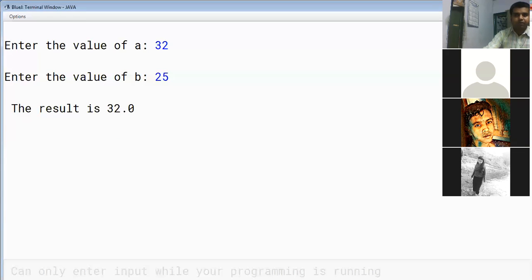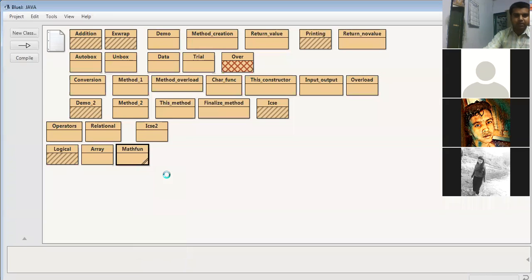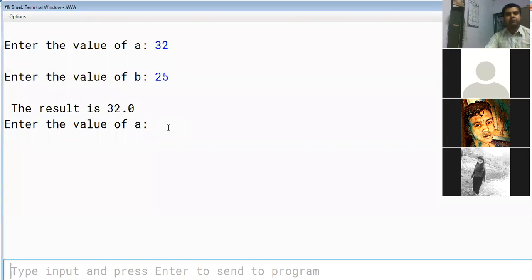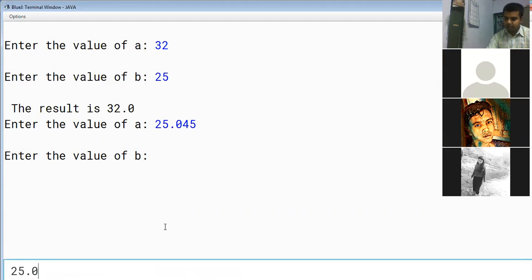We will rerun the program to check with another set of values. This time we will take double type values with a very close precision. 25.045, and we will take another value, 25.0045.